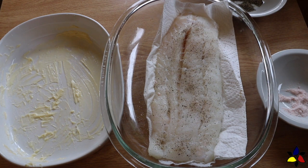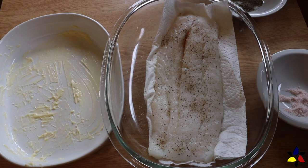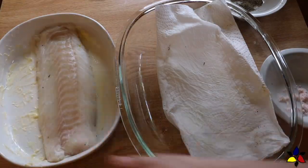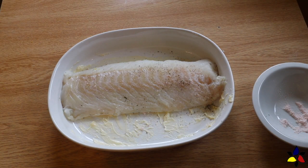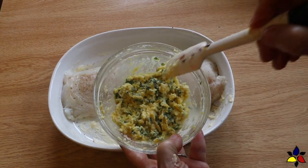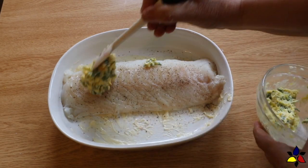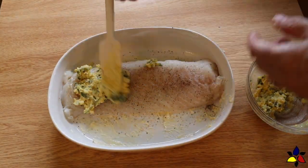And then before putting your cod into the casserole dish, season both sides with a sprinkle of pepper and salt. And that's all the prep you have to do to the cod before putting it into the casserole dish. Now it's time to spoon the seasoned butter on top of the fish. Use the back of a spoon to flatten the seasoned butter over the surface of the entire fish so that